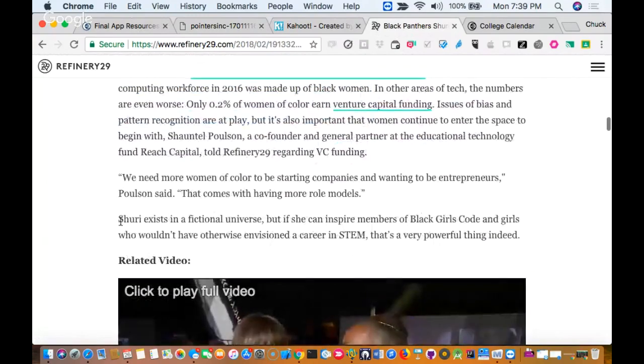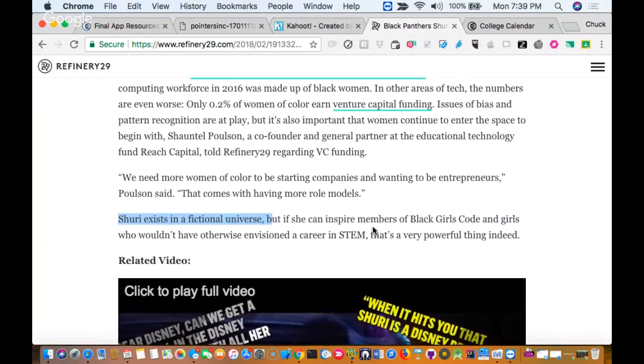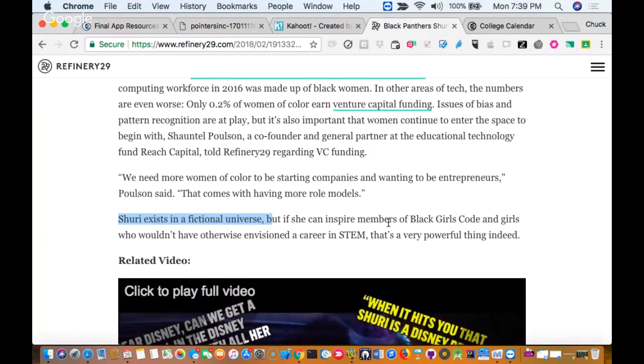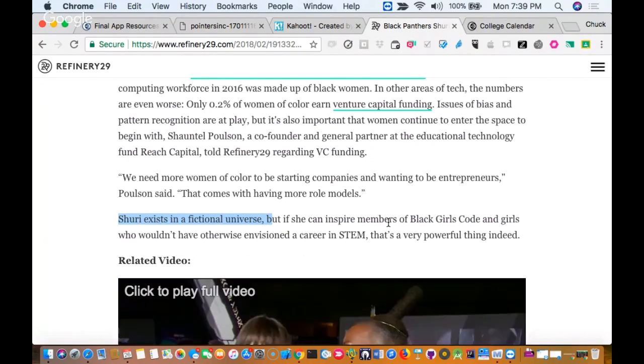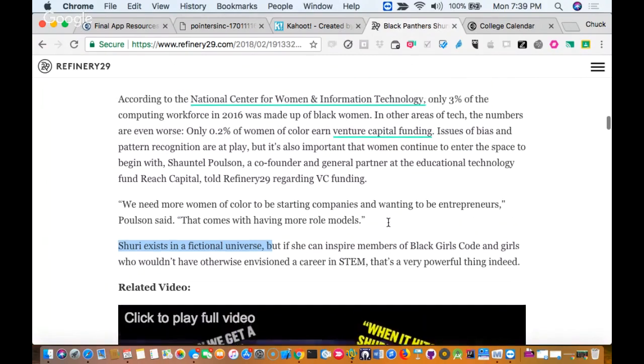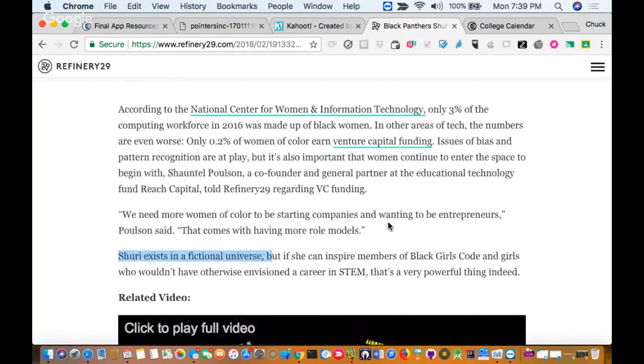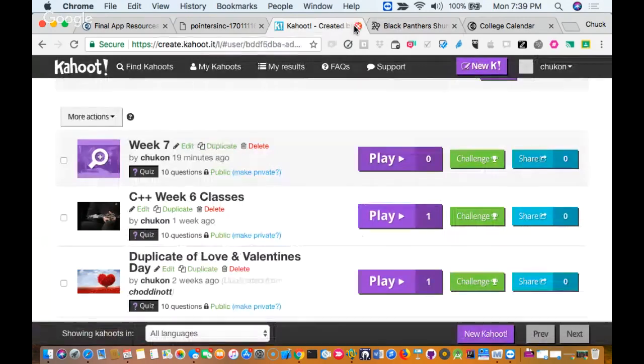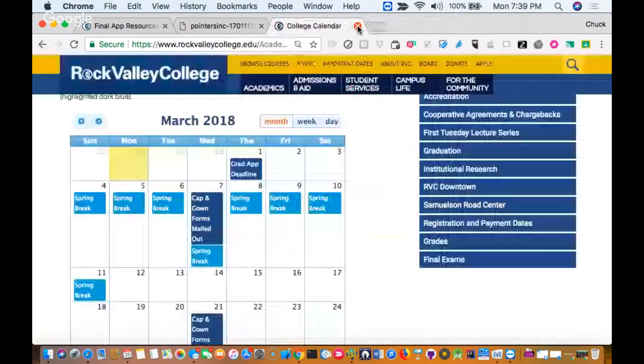It talks about Sherry existing in a fictional universe, but she can inspire members of Black Girl Code and girls who wouldn't otherwise envision a career in STEM. It's a very powerful thing indeed. My wife and I saw the movie last week. It's a pretty good movie, and she definitely does a good job of portraying a technology genius in the future. So, yeah, well worth watching, I think, if you like